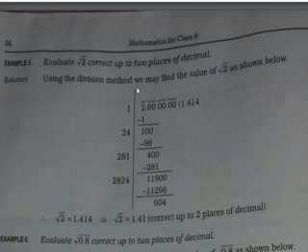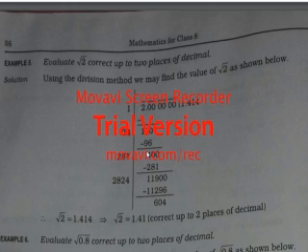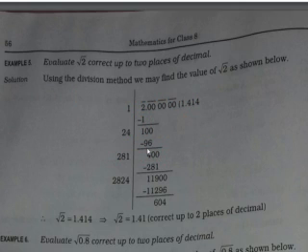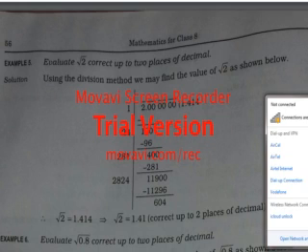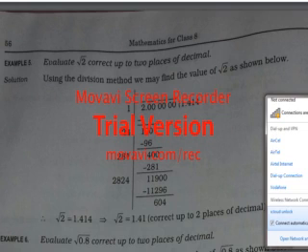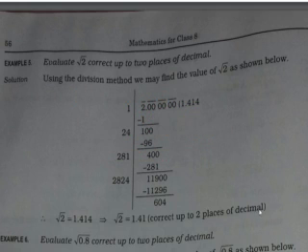1 1 is 1 and 1 came down; after the point, 2 0 are there, so 2 0 came down and the point has been kept over here. 24 4 is 96. So when you are doing this, this calculation will automatically be saved in your mind. The thing which is done again and again, that division, multiplication, addition, subtraction, simply their short trick goes inside your brain easily. So that's why I'm saying always do the calculation by yourself. If you do the calculation by yourself, you can of course do better.